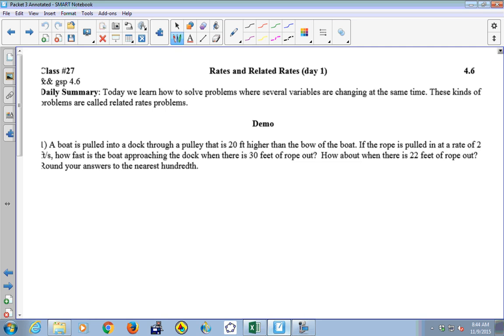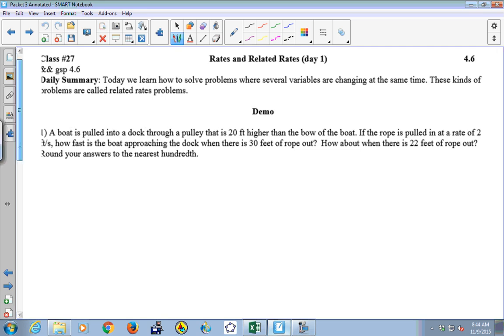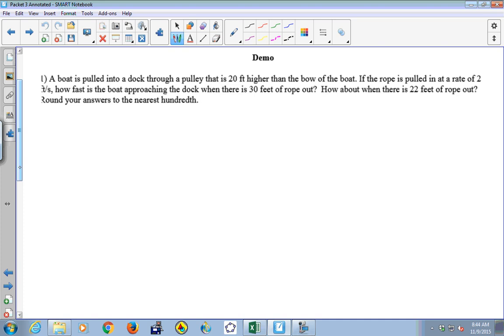Okay, but if you follow the setup that I give you, that's going to help a lot. So don't try to just jump to solving it. Write out all the steps that I'm going to give you, and it will really help. All right, so a boat is pulled into a dock through a pulley that's 20 feet higher than the bow